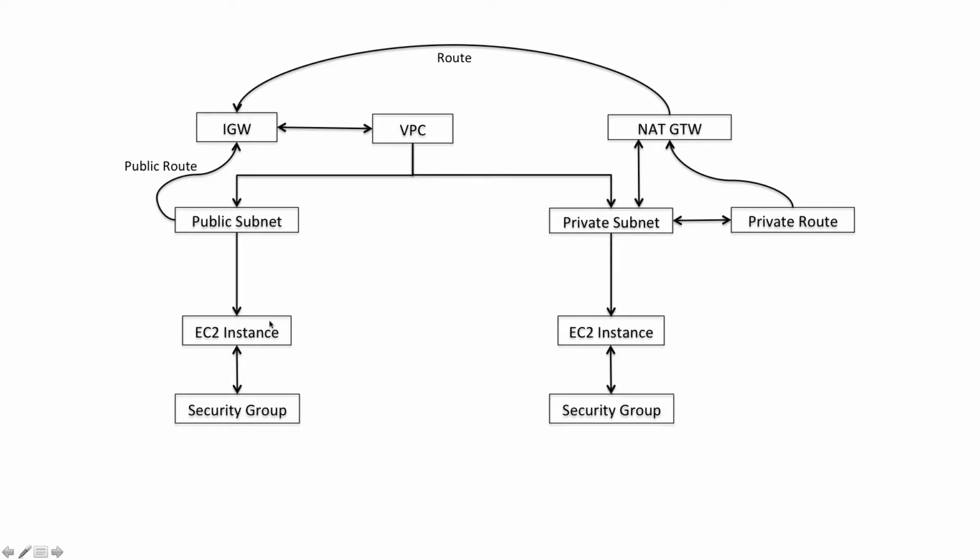Then we'll create resources or EC2 instances to be launched in each of the subnets. One EC2 instance in public subnet, another EC2 instance in private subnet. Then we'll create security groups, and those security groups will be attached to the EC2 instances. Security group for the EC2 instance in public subnet will allow SSH from everyone, that means SSH from internet. TCP protocol 22 will be opened for 0.0.0.0/0. And security group for EC2 instances in private subnet will allow SSH from public subnet, or TCP port 22 from the CIDR range of public subnet.